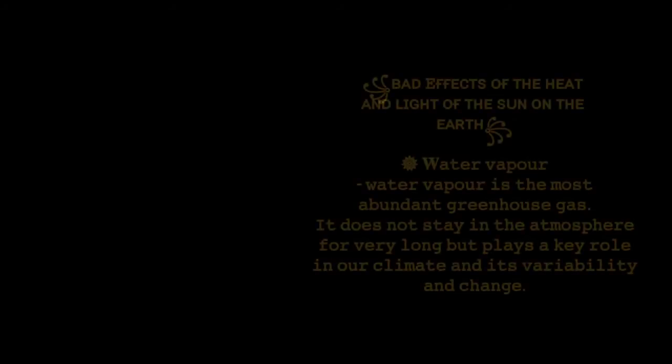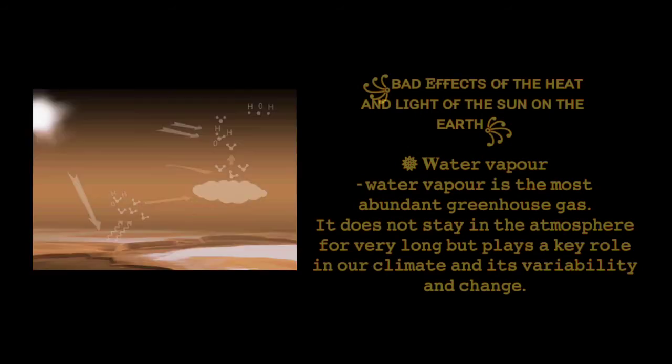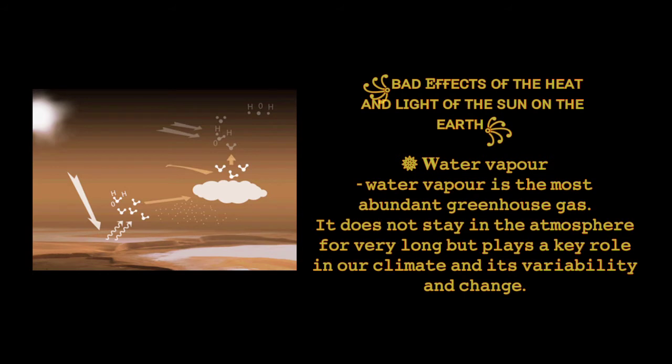Here are some bad effects of heat and light of the sun on the earth. The first one is the water vapor. Water vapor is the most abundant greenhouse gas. It does not stay in the atmosphere for very long, but plays a key role in our climate and its variability and